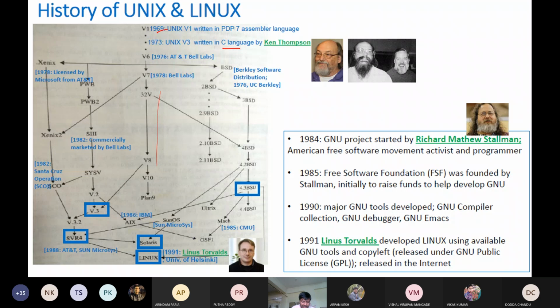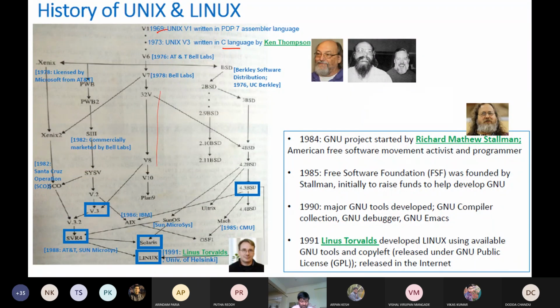At the same time, UC Berkeley also took interest in rewriting operating systems which are more user friendly and which support more and more features, and then that got published as BSD, Berkeley Software Distribution. So it was better known as BSD. And then for BSD also, there were different versions available, and one stable and very popular version was 4.3 BSD or 4.4. And at the same time, parallelly, Xenix, which was an organization,